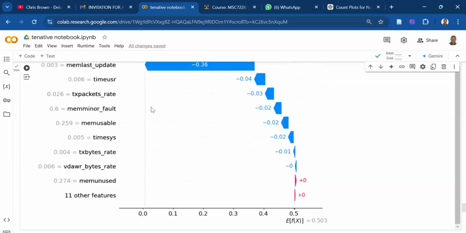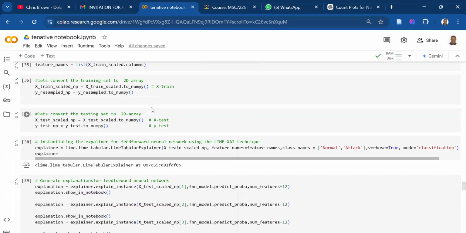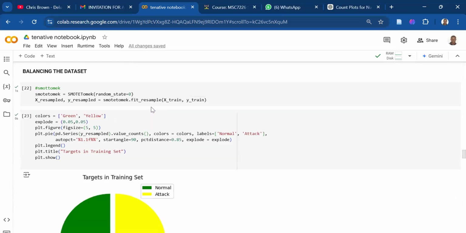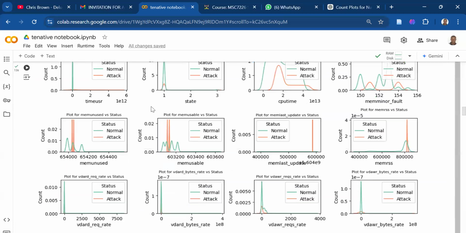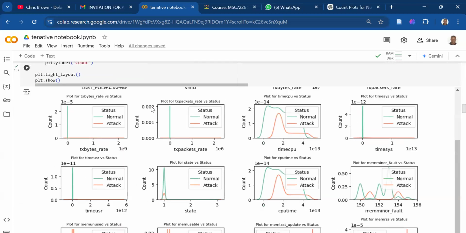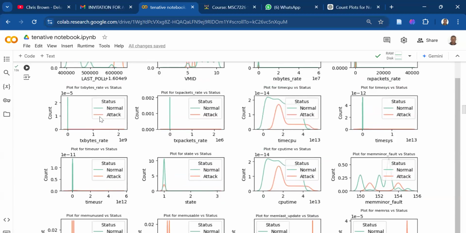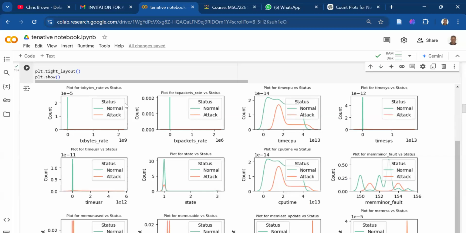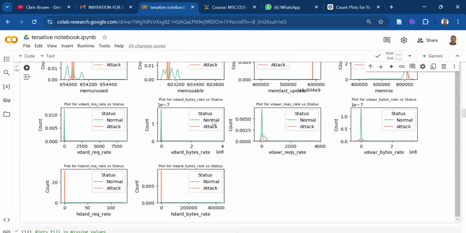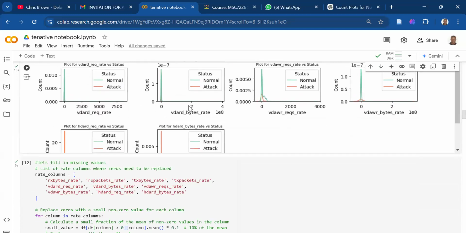But I'm trying all the means to improve, because now I realize there's some redundant data here, data redundancy. So I have to remove one of the columns because they represent almost the same data. For example, this and this, and also this one and this one, because I'm seeing here the KDE plots are almost similar. So maybe the overfitting will be eliminated once I remove